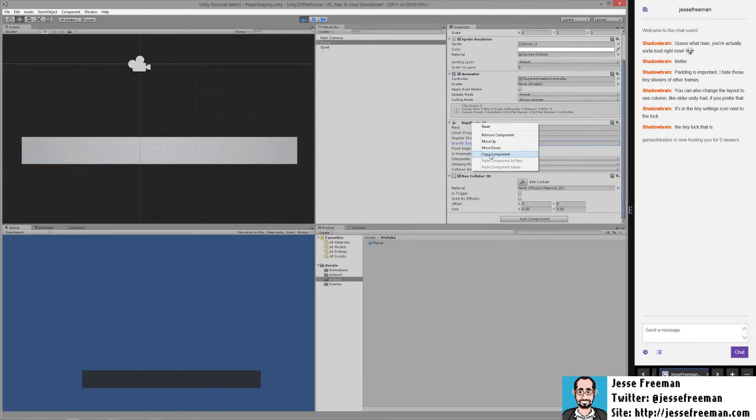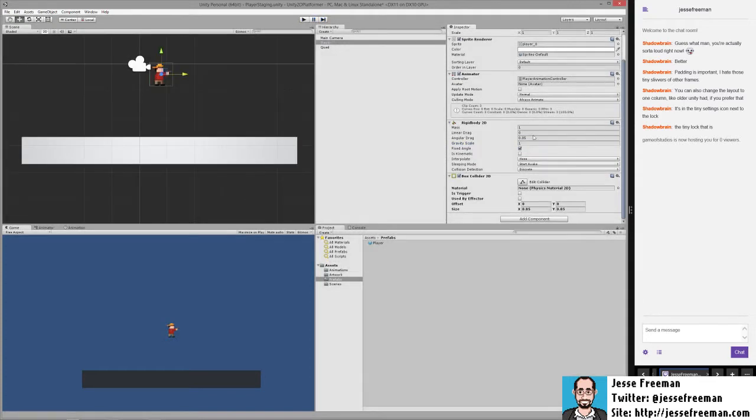So I was saying you can right click here on this component and copy component. When you stop the game, you'll see everything reverts back. If you right click here, you can actually paste the component values in, and you can get any of the values you tweak from a component. So that's just one way to allow you to make changes at runtime and then bring them back over into